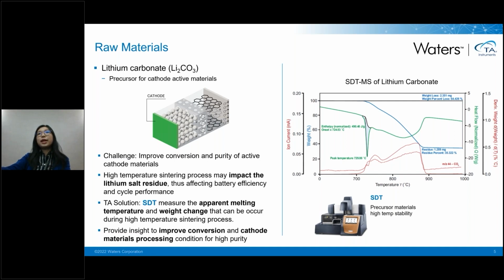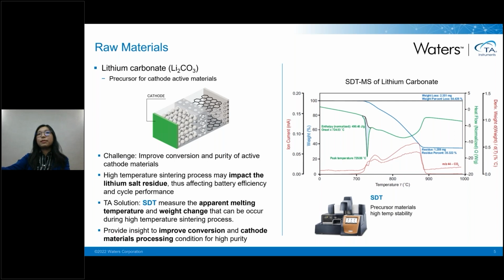One of the challenges there is that when you're making the cathode active material, you are required to improve the conversion and also the purity of the active material. And during the formulation or production process, a high temperature sintering process is often involved. And depending on the temperature, it will be very important, affecting the efficiency or the cycle performance